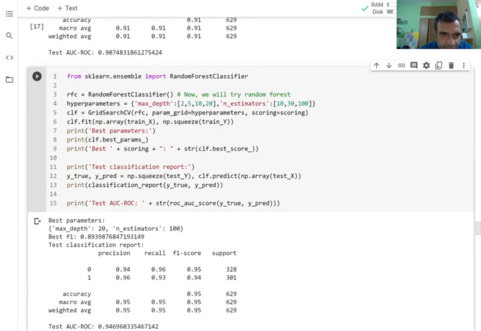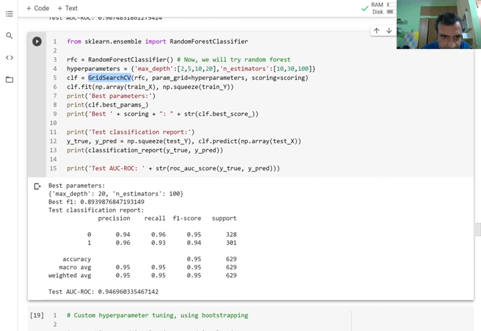Let's try another classifier. Now I'm using a random forest classifier where the hyperparameters are max depth and n estimators. So I have an entire range of things to test for max depth, an entire range of things to test for n estimators, and I will put it in a grid search. So basically I'm forming a grid of max depth and n estimators, trying all these values, and whichever one works the best for cross validation, that I will report, and I will use that on the test data. So I'm using it only once on the test data.